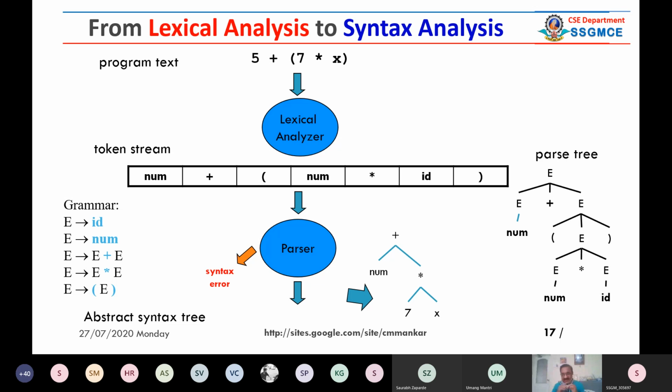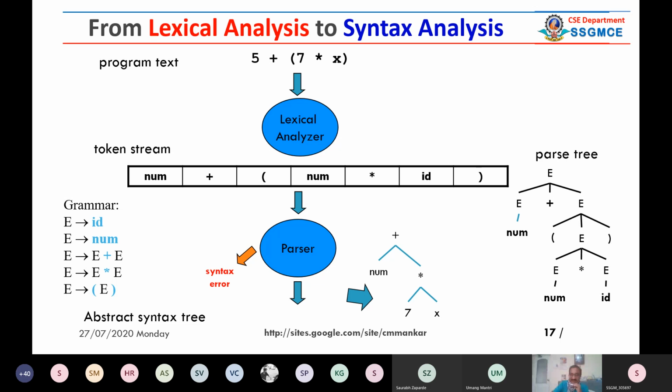Last time I told you how the syntax tree is generated. Syntax tree generation is nothing but an application of derivations, or a sequence of production rule applications, to the given statement. So let us say you are exploring E plus E, then bracket E, then E star E like this.